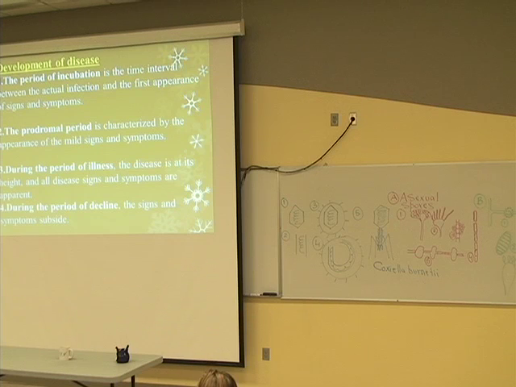Last topic of this chapter 14-15. Development of disease, phases of a typical disease. The first phase of a typical disease is called the period of incubation. This is the phase in which the pathogen is introduced into the host by eating contaminated food, from a bite, inhalation, or any of the other methods. If we take the example of Lyme disease, this is when the deer tick bites the host, and the organism Borrelia burgdorferi is introduced into the host. So what will happen? A milder